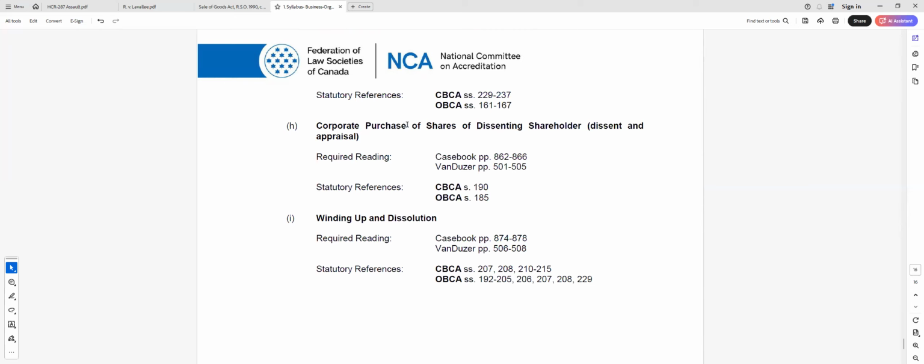Then corporate purchase of shares of dissenting shareholder. So this will be if the corporate wants to purchase the share of somebody who's leaving, any shareholder, or like the buyback policy and all, do they have it? How can they actually put it in their articles of incorporation, or you can say shareholders agreement, where it will be mentioned. Winding up and dissolution, so final winding up can be done, dissolution can also be done